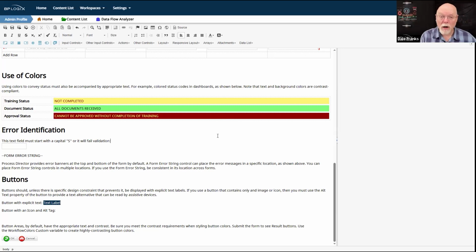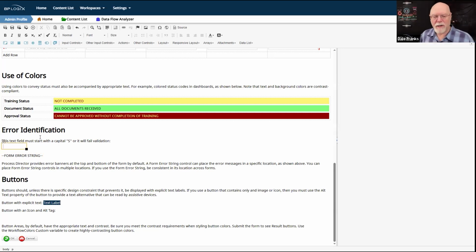So you can use color for status, but it has to have a text representation. You have to ensure that the colors, if you're going to do it the way that I've done it, with foreground and background colors, meet our 4.5 to 1 contrast ratio. Actually, the way they say it, it's just contrast ratio.